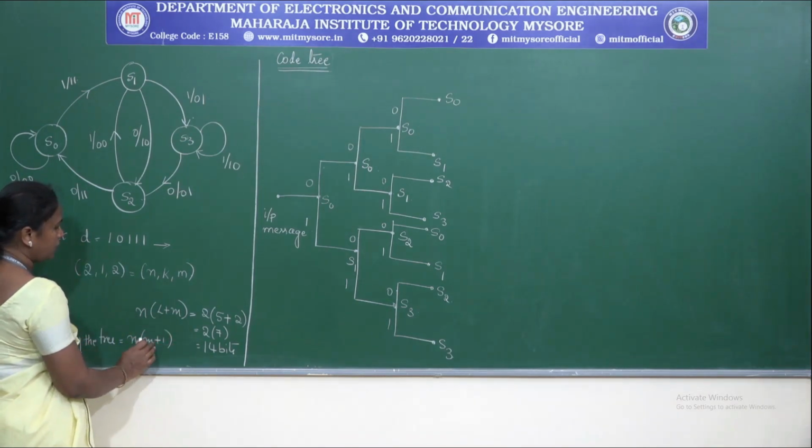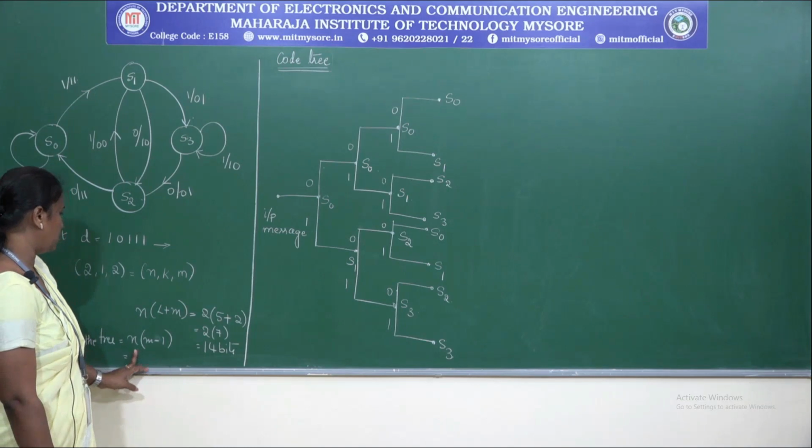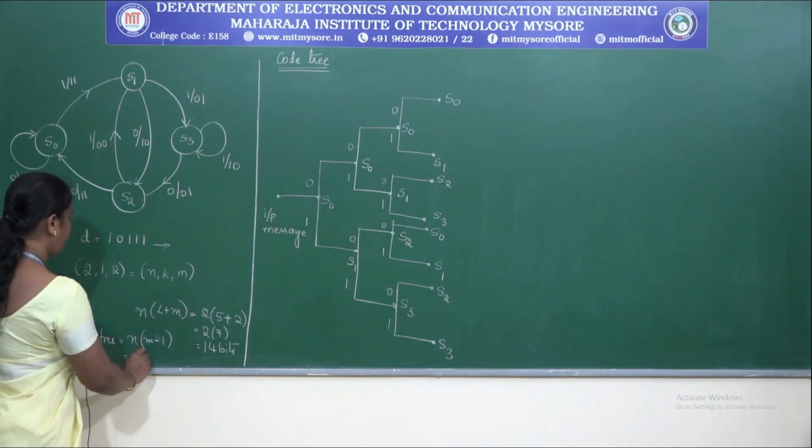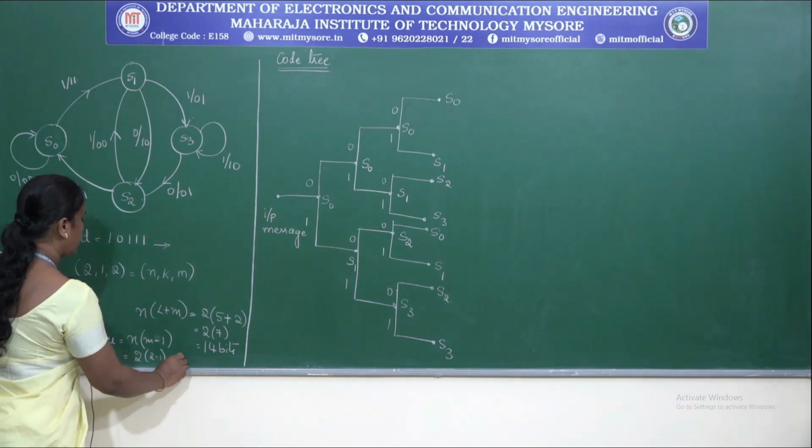Okay, n into m minus 1. So this is how you are going to extend the size of the tree. So n means it is 2, so it is 2 minus 1. So you are going to get 2. That means